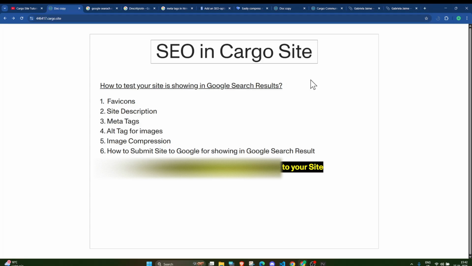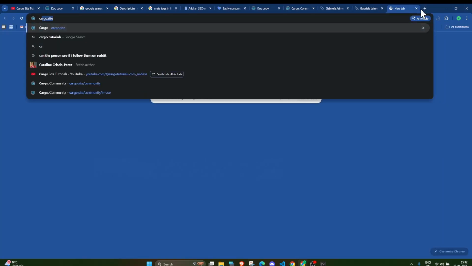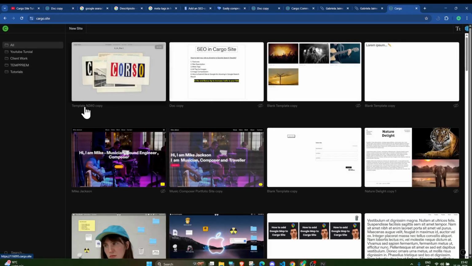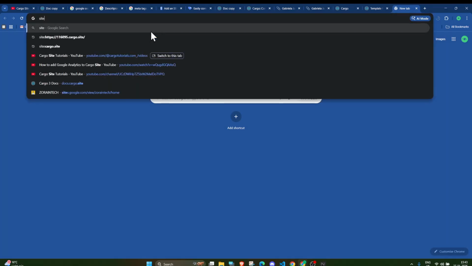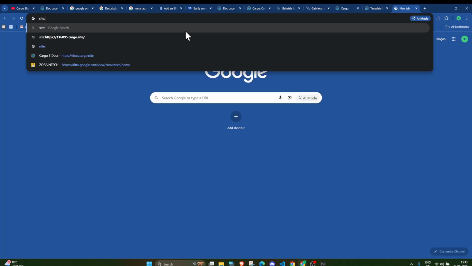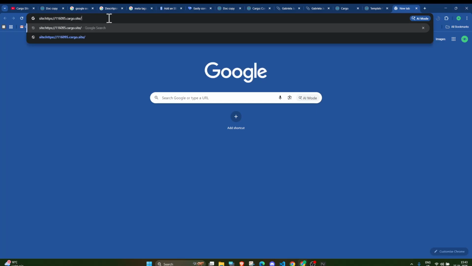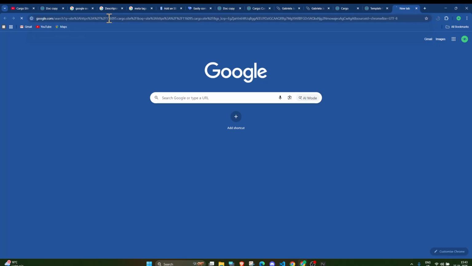First let's see whether the site which you have built is showing in the search result or not. So how to check this, I'll show you. Suppose this is my Cargo site, and I want to see whether it is showing up in the results. I will write site and then a colon, and then paste my website URL and press enter.